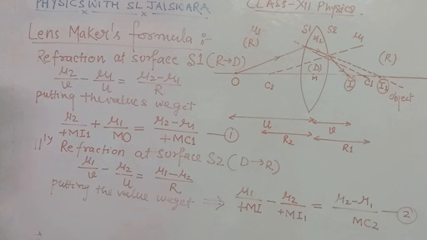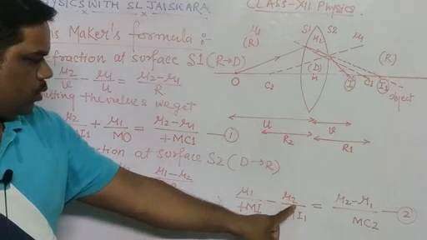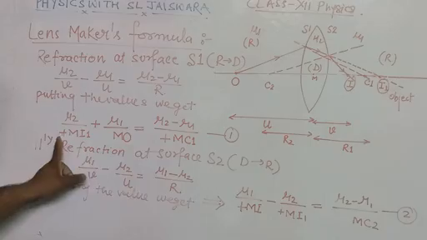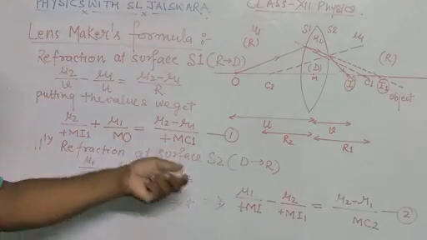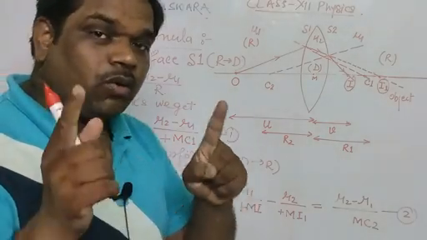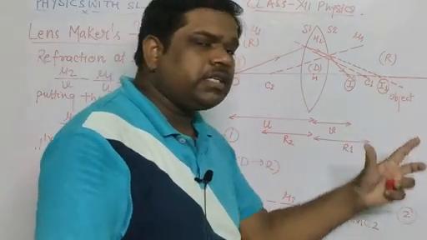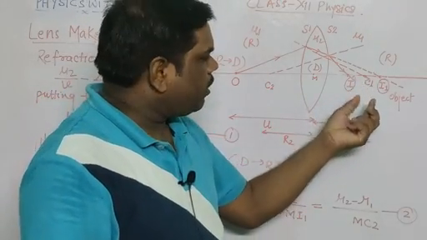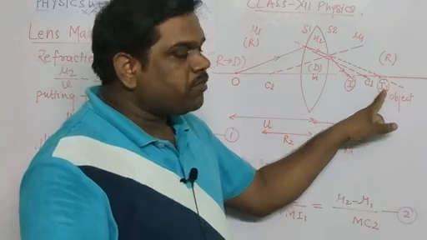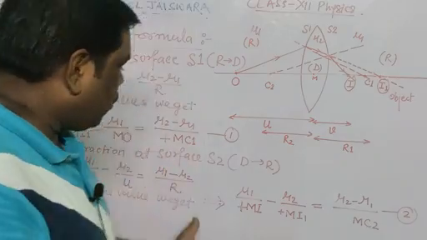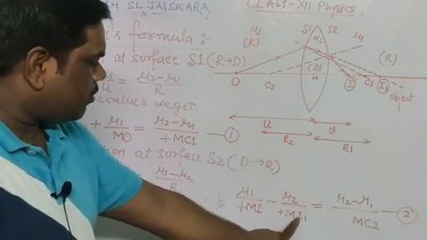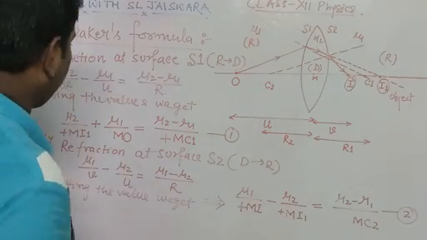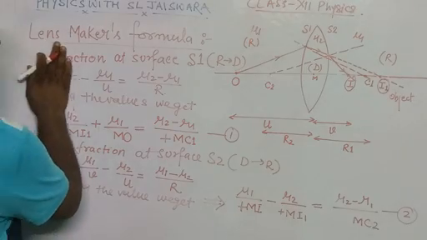Add both the equations. See, mu2 upon mi1, mu2 upon mi1, this is positive and this is negative, so after adding they will cancel out each other. This must cancel because I' is actually not a real image. Where is the real image of this object formed? It is formed at I, children. So the I' terms must cancel, and here it is happening. See, minus mu2 upon mi1, here plus mu2 upon mi1, so after adding they cancel each other. So finally we will get the answer.